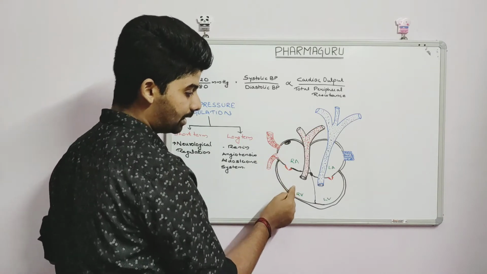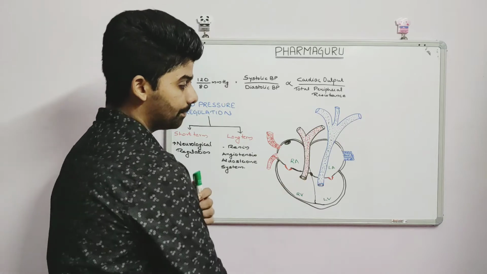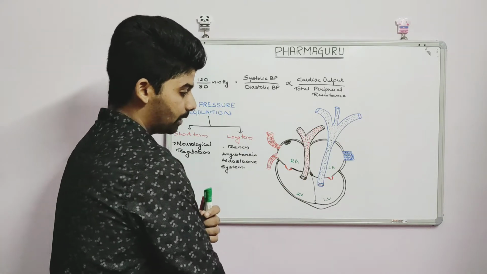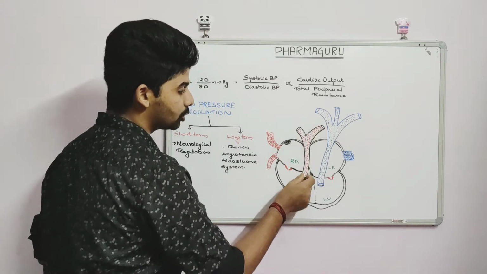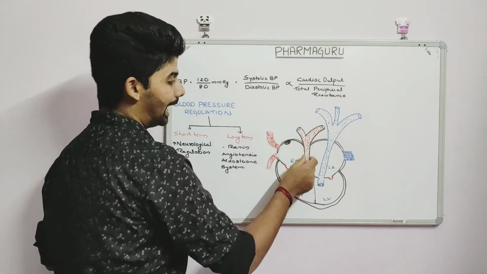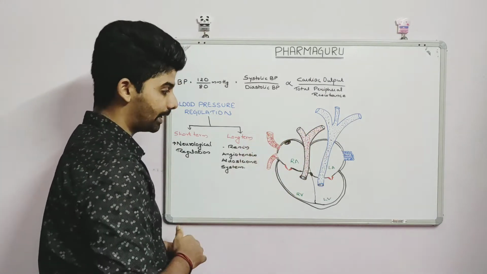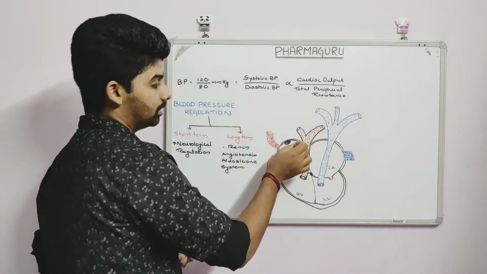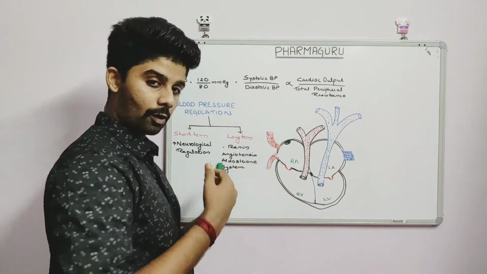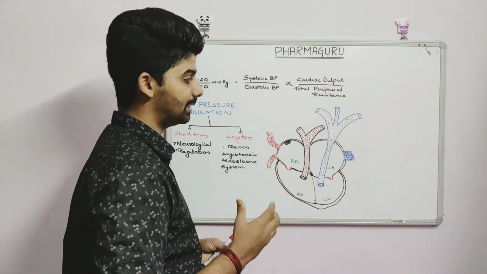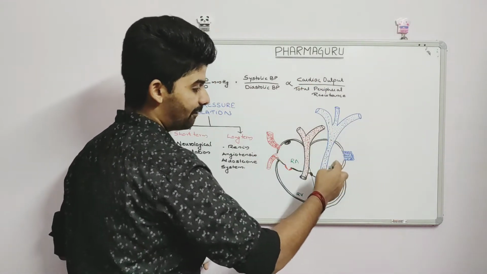From the right ventricle, there is a valve here, which is known as the pulmonary valve. Whenever the blood is filled up in this ventricle, it pumps through this vein, and this one goes to the right lung and this one goes to the left lung. The deoxygenated blood reaches the lungs. From the lungs, after the deoxygenated blood is converted into oxygenated blood, it comes back to the left atrium.